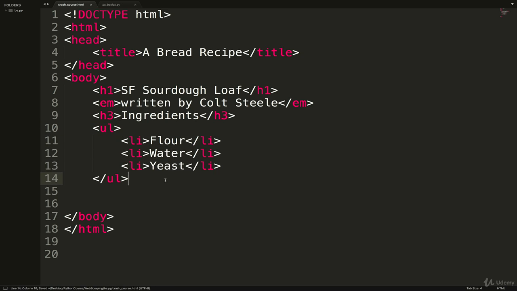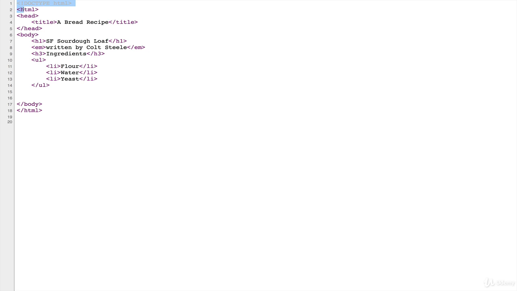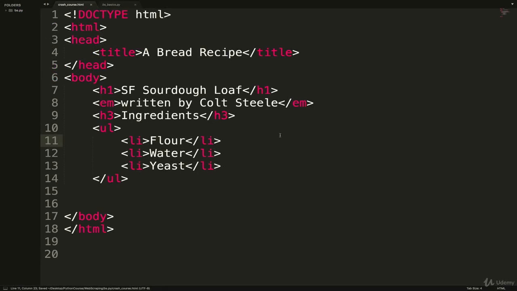So all the same data, same information is here. I'm just adding extra stuff around it. And then the browser is going to take care of it. Here we go. And look at that. We have some structure. So if we actually look at the page source, this is all that is sent to my browser. Right now it's coming from my own computer, but if this was coming from a website, we get HTML back, and then the browser displays it correctly.